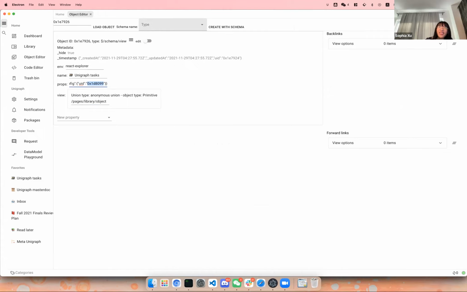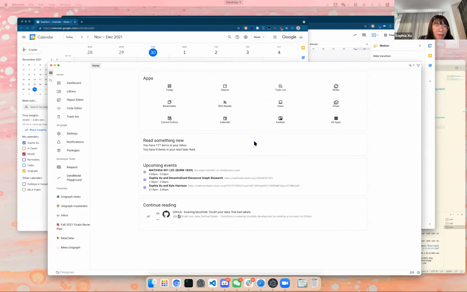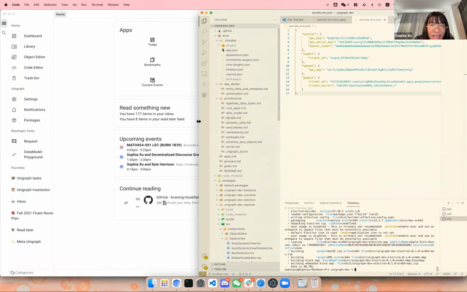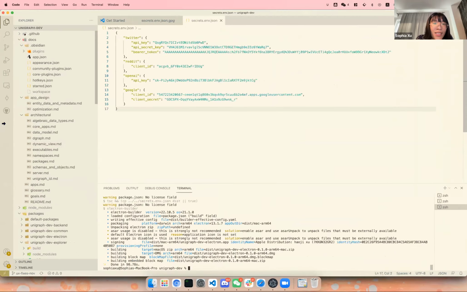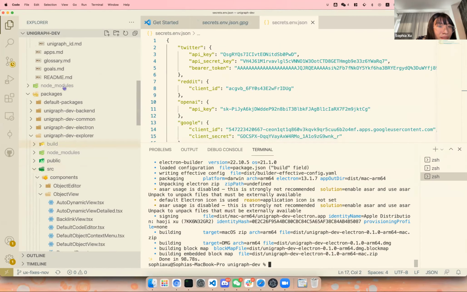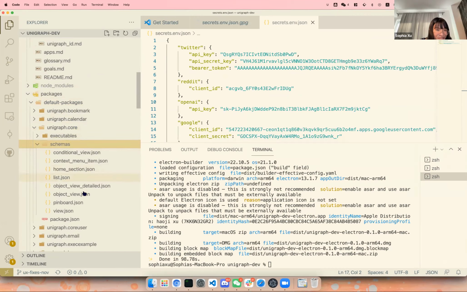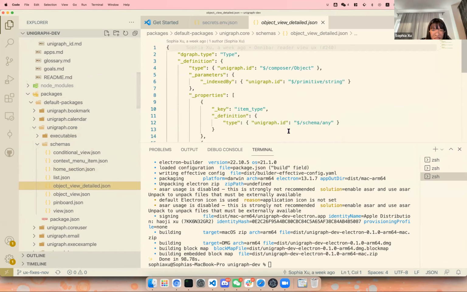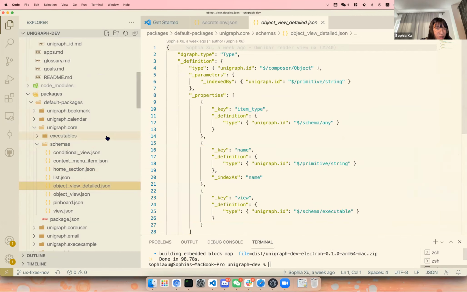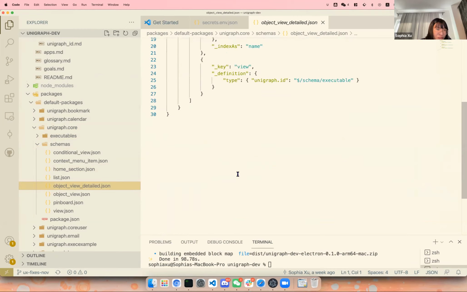Yeah, exactly. But we don't use tags, we use types, because types allow us to check for type incompatibilities and give much more safety. And currently, to register a custom view, I'll just show you guys the source code, and everything is very pluggable. And you can see the definition of what is a view. So this is the definition of an object view, and it's in the Unigraph.core package. You can replace this with whatever you want, because that's the beauty of it.